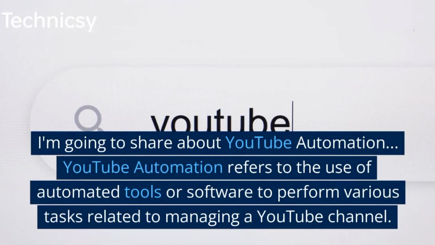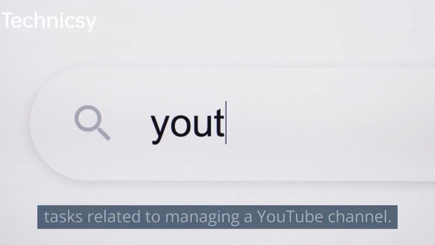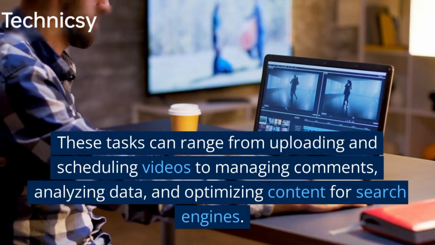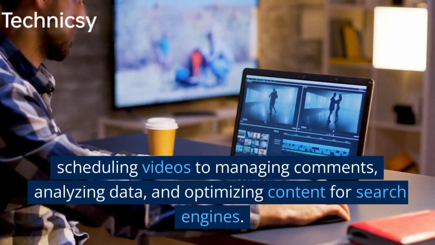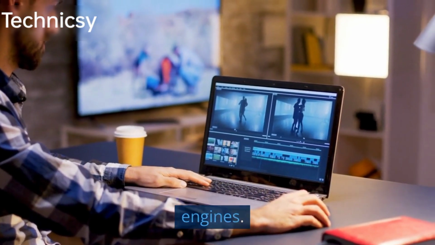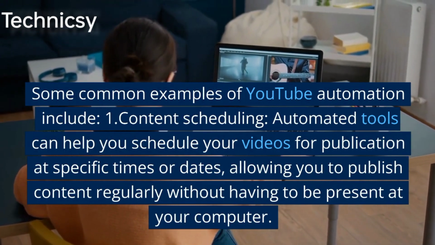I'm going to share about YouTube automation. YouTube automation refers to the use of automated tools or software to perform various tasks related to managing a YouTube channel. These tasks can range from uploading and scheduling videos to managing comments, analyzing data, and optimizing content for search engines. Some common examples of YouTube automation include: